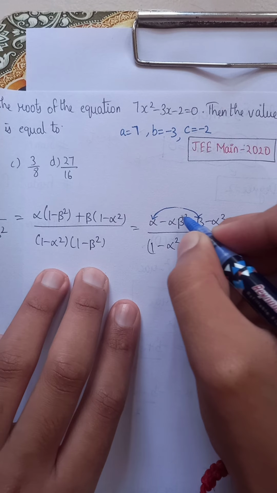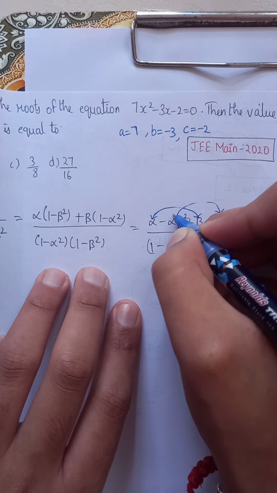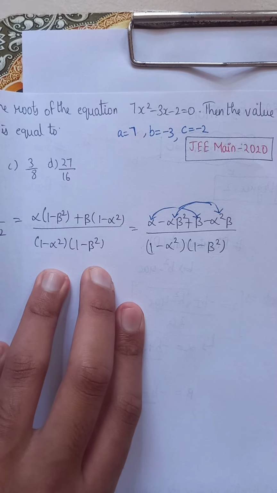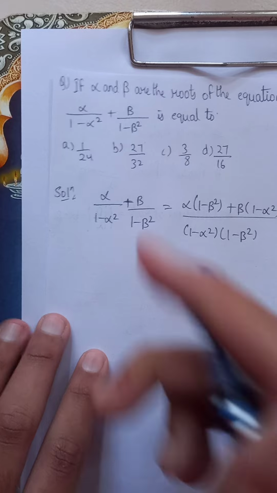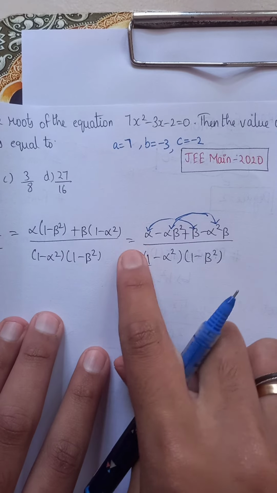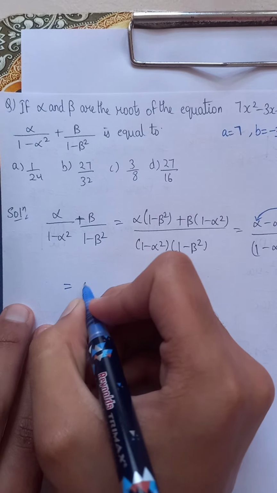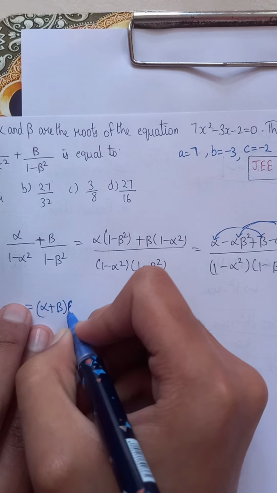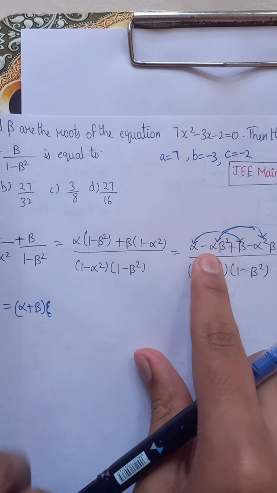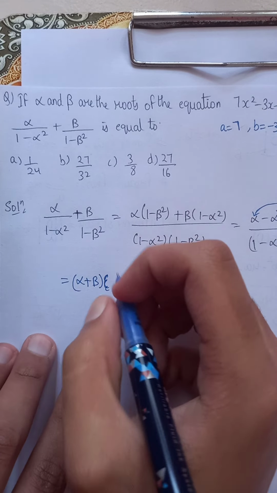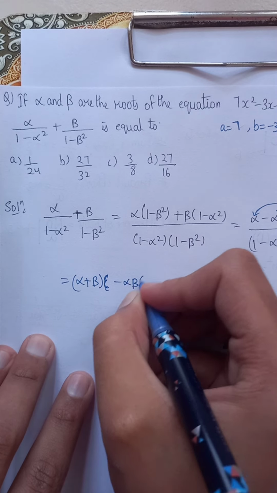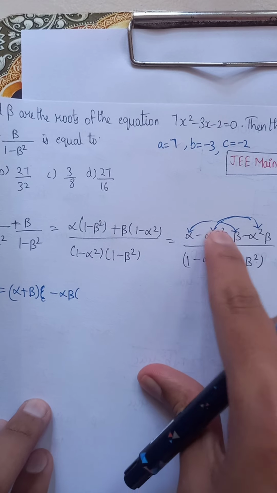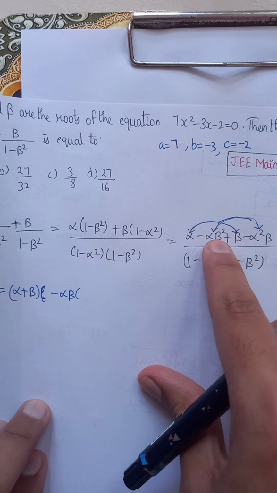Write these two together. In these two equations, take alpha and beta common and write. By writing like that, what do you get? Alpha plus beta into, sorry, not into. So now you take minus alpha beta common, so minus alpha beta into, if you take alpha and beta common from this value, what is going to be left out?